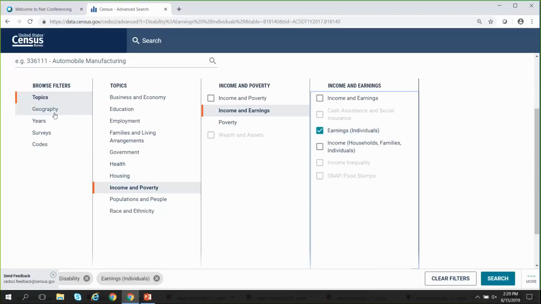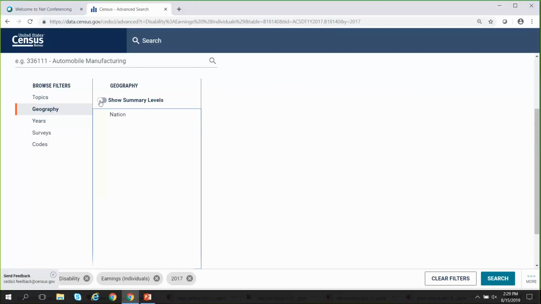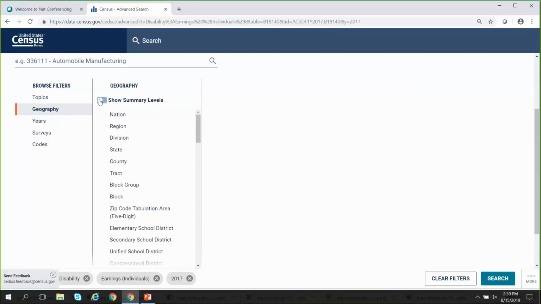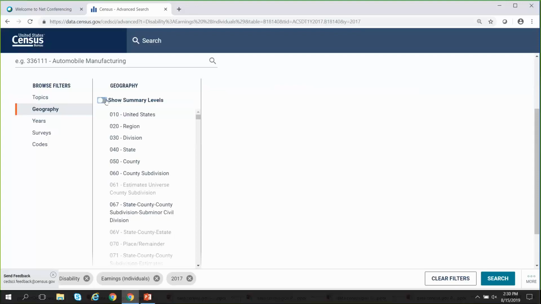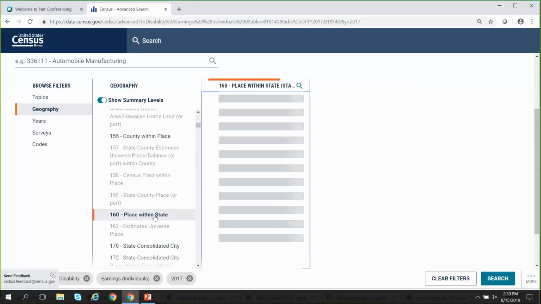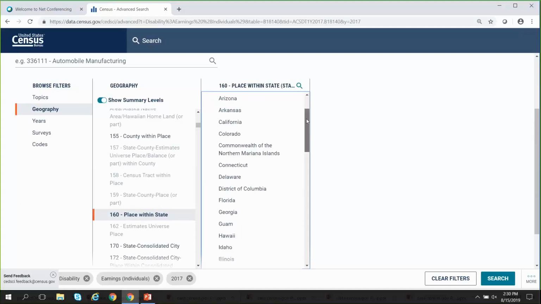And then we can also go in and choose a geography. Sometimes geographies can be quite complicated, and they can be changing from year to year depending on when boundaries have changed. So I'd like the latest estimate, so I'm going to go ahead and click on 2017 just to be sure. And then from here we have a toggle to show summary levels or to not show summary levels that we talked about. If you're familiar with the coding scheme that we had, for me personally, I know that 160 is place within state, which I usually use if I'm looking at demographic data. And then I'll go ahead and choose